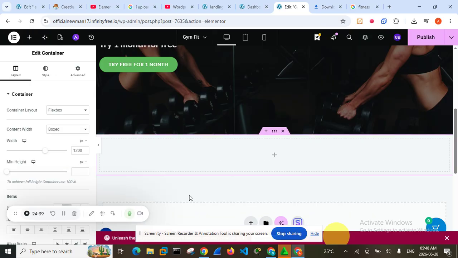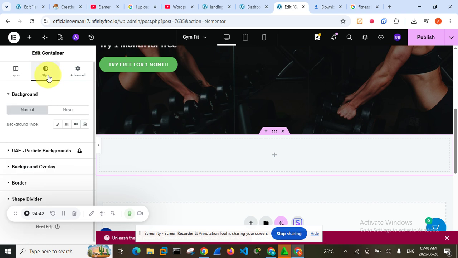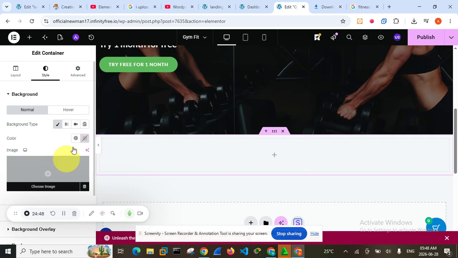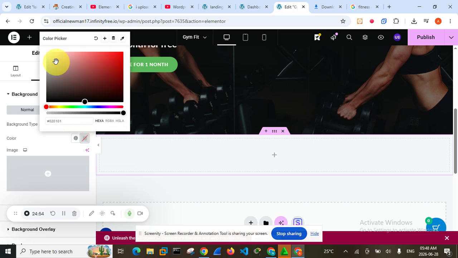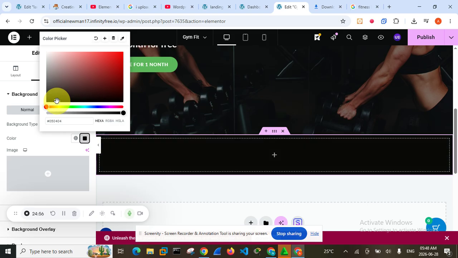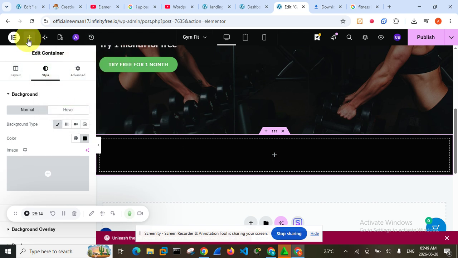Section. So what I forgot to do was to add color to my container. I want to add color to it first. So I'm going to come here, and I'm going to click on classic, and then I'm going to click on these, and then I'm going to select the black. Or maybe should I use another color? So let me select the black color for now,